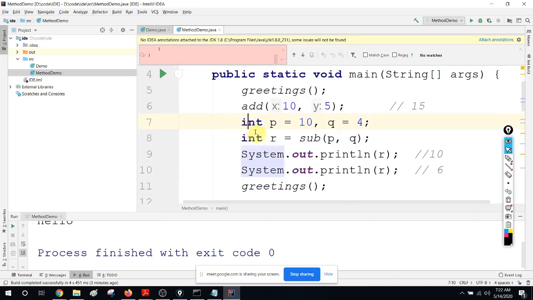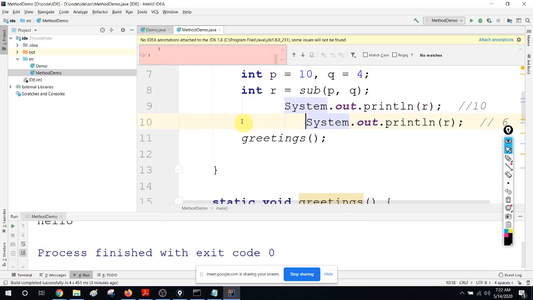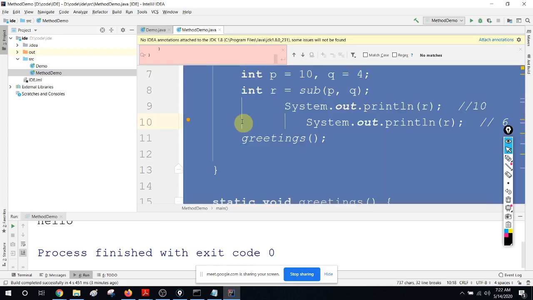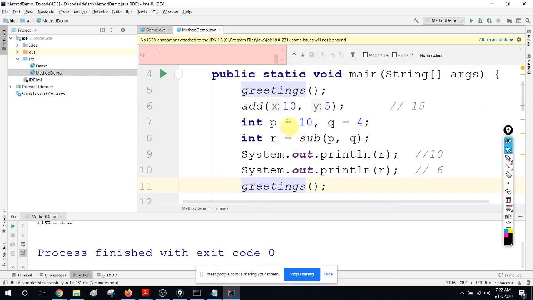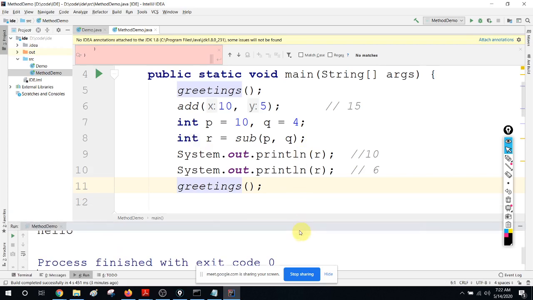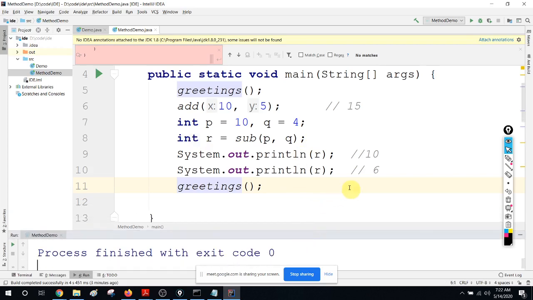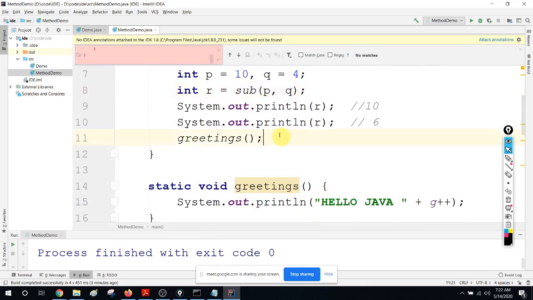All of a sudden it gets formatted. Earlier it was messy. Now Control A, Control Alt L, and it will get formatted. Those things are very handy to keep your code tidy. I hope that you will never use that feature, because I hope you are a very disciplined person and will always write your code in a formatted way. But in case you have a very bad day and things get messed up, you can format it.